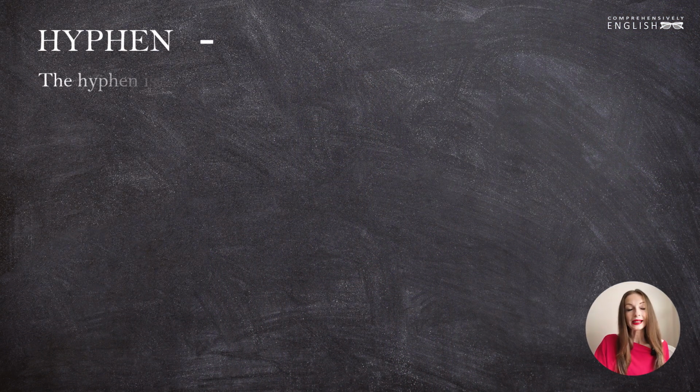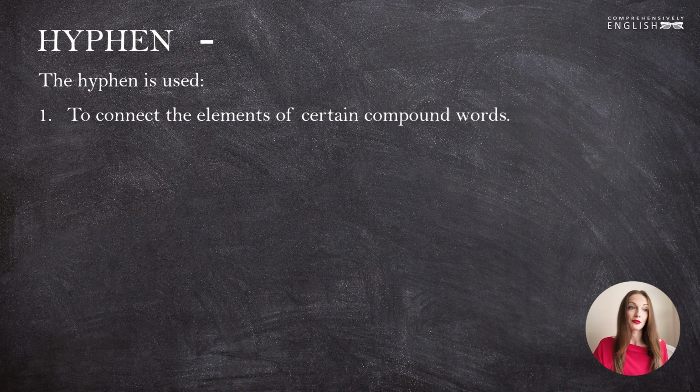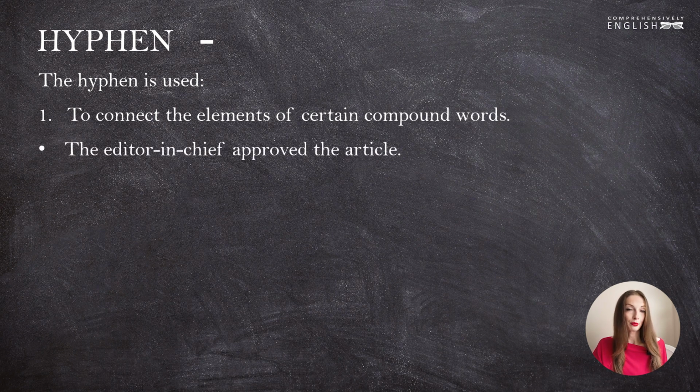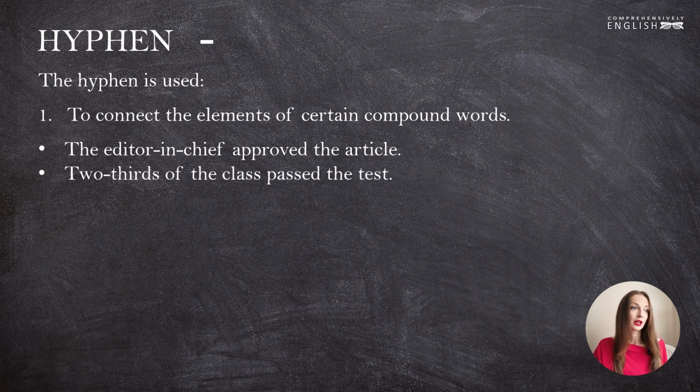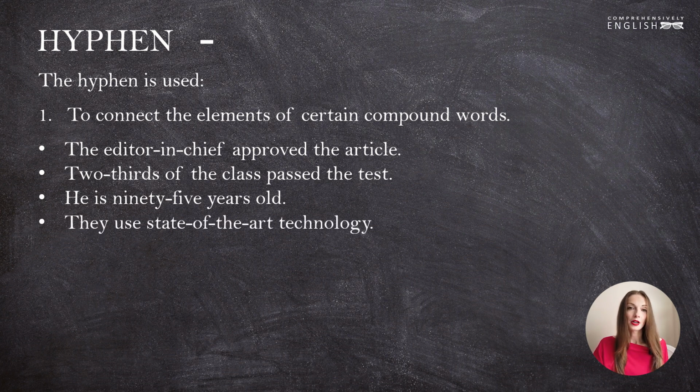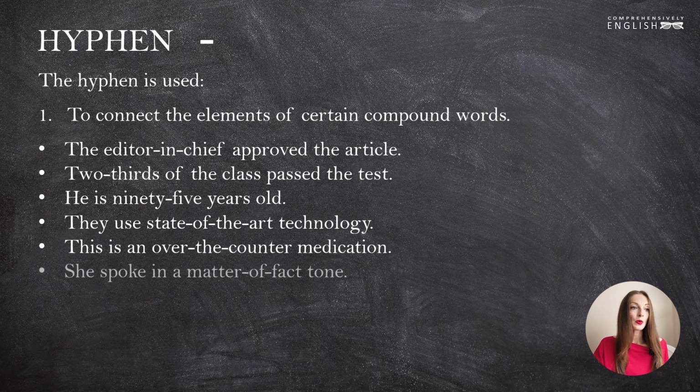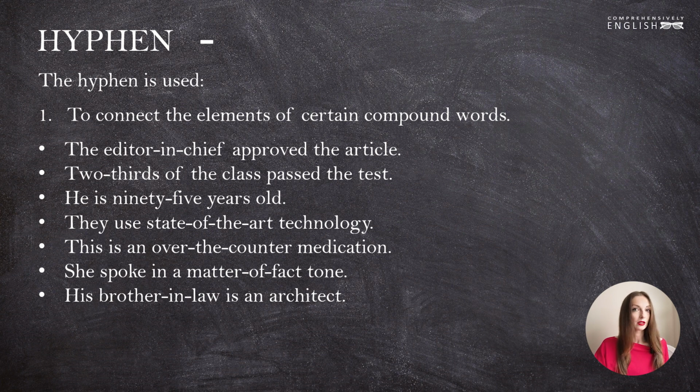The hyphen is mainly used to connect the elements of certain compound words. For instance, the editor-in-chief approved the article. 2/3 of the class passed the test. He is 95 years old. They use state-of-the-art technology. This is an over-the-counter medication. He spoke in a matter-of-fact tone. His brother-in-law is an architect. We see that compound nouns, compound numerals, compound adjectives here consist of words that are connected with the help of